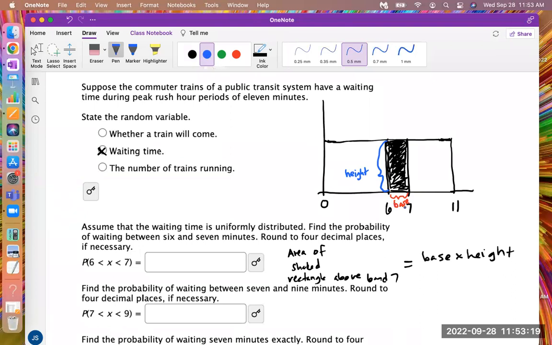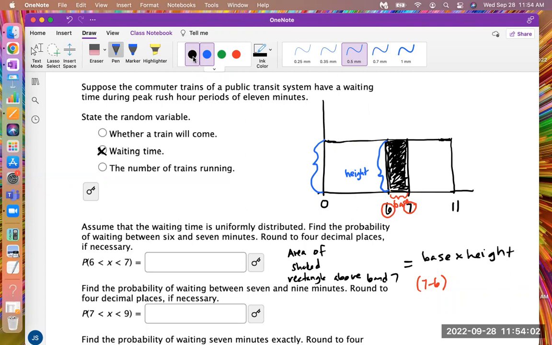To find the base, you have to measure this length right here. You have to take the endpoints, the 7 and the 6, and subtract them to measure how long that width is between 6 and 7. So the base is 7 minus 6. The height is a little bit more complicated. To calculate this height, or f of x, which is the height of the function,